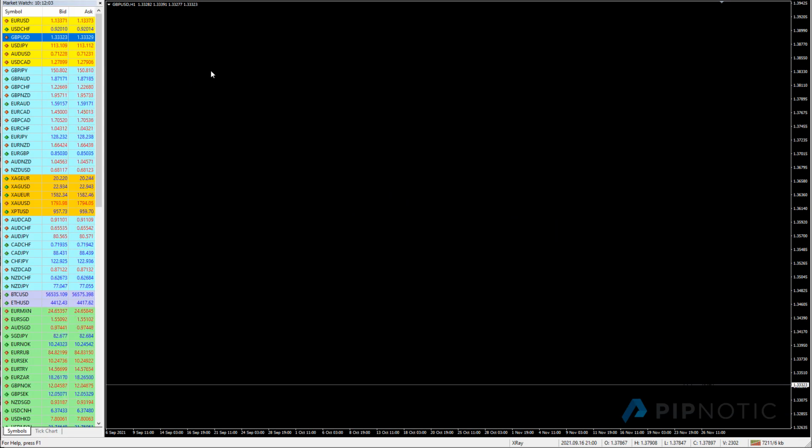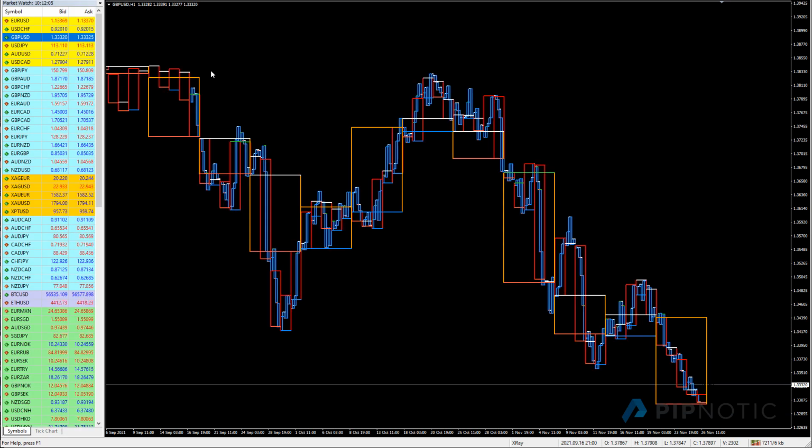Okay, so this is the pound American dollar. This is the hourly chart. And what you can see here is that the price is just wriggling south, and there's not a lot of clarity on this time frame, but what we can see is